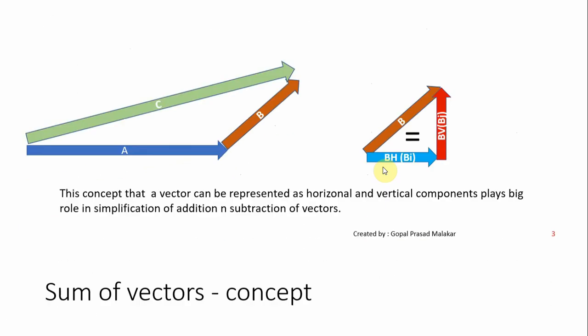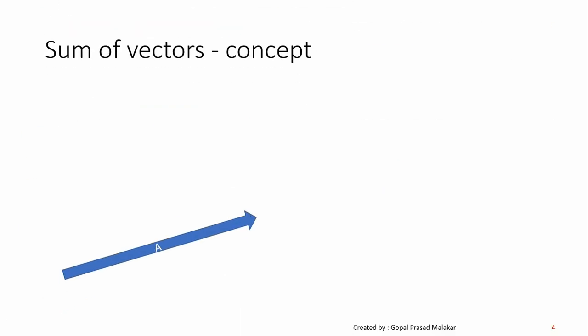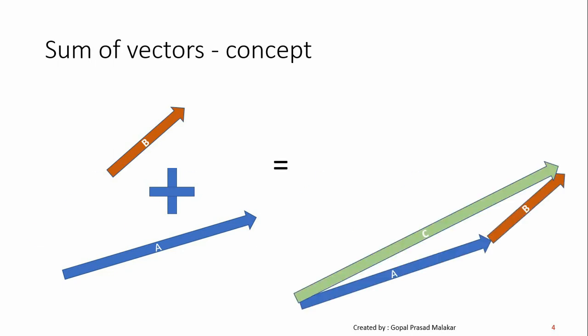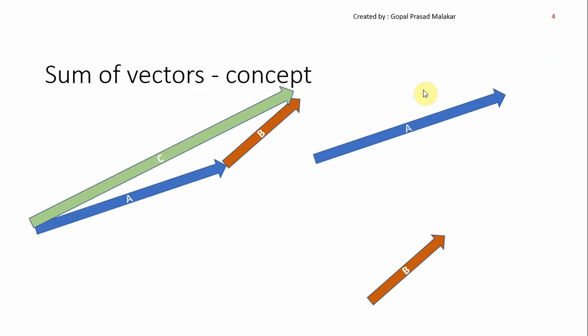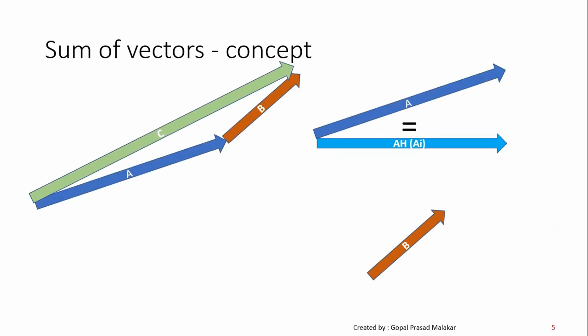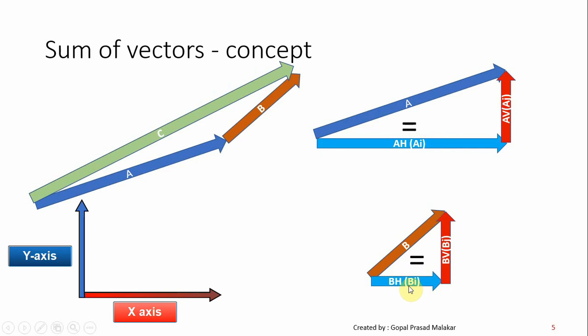So let's see a workout. Before the workout example, let's see one more example. Here there are vectors A and B. Let's break both A and B into two components. Essentially A and B is how you will get C. Now let's break A and B into components and see. Here is the Ai component, which is the horizontal component, and the Aj component, which is the vertical component of A. Similarly, you can break B into two parts, Bi and Bj, where Bi is the horizontal component and Bj is the vertical component.